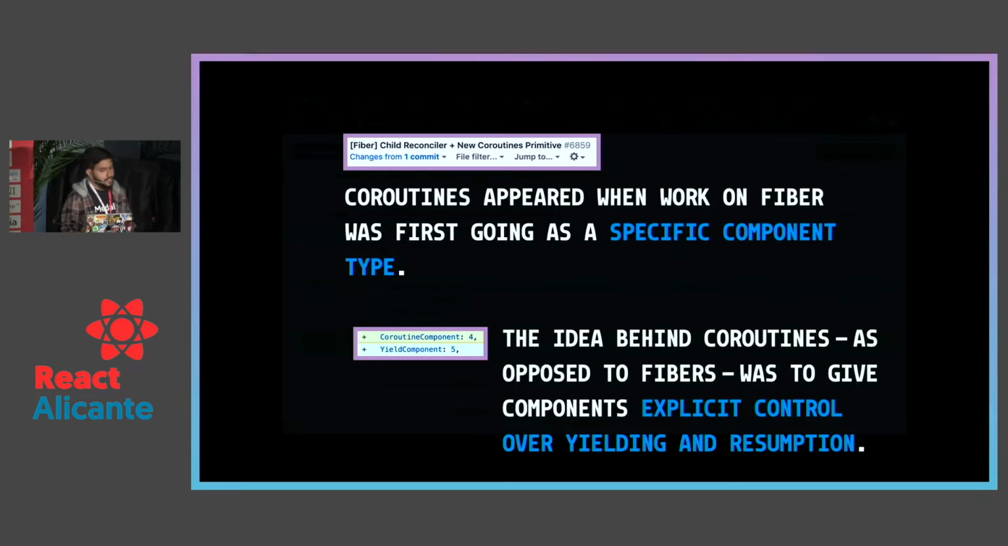So it all started a couple years ago when they were actually trying to make a new built-in component, just like we have nowadays Suspense, Profiler, etc. So it was a specific component type. Actually two: we had the coroutine component and the UI component. And the idea back then, as opposed to Suspense, was to give the components explicit control over suspension and resumption